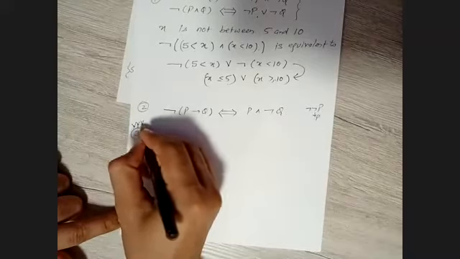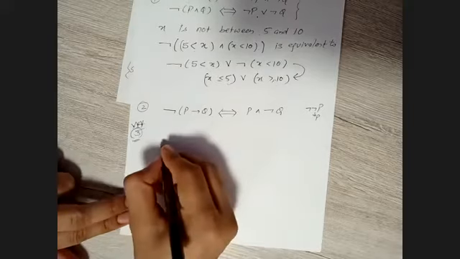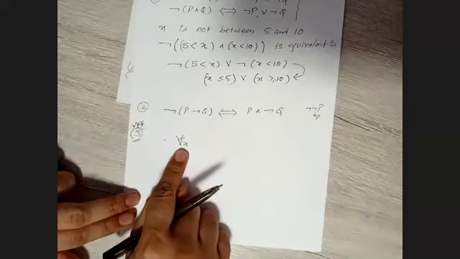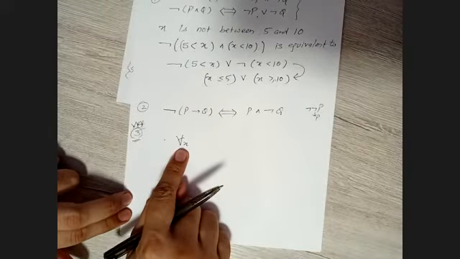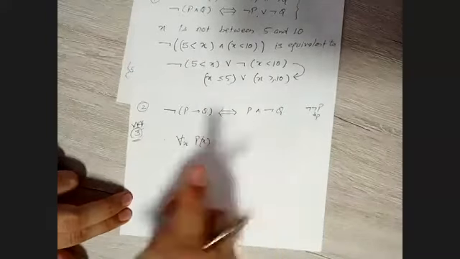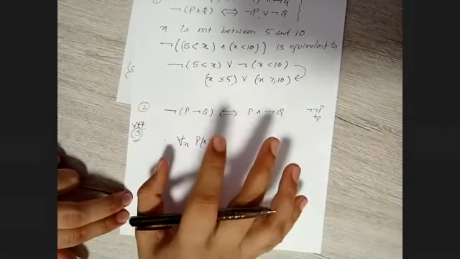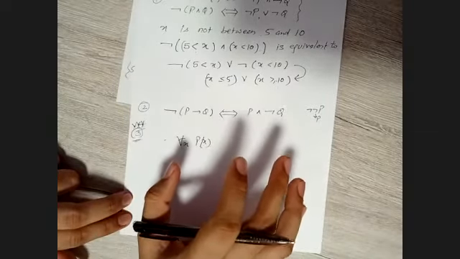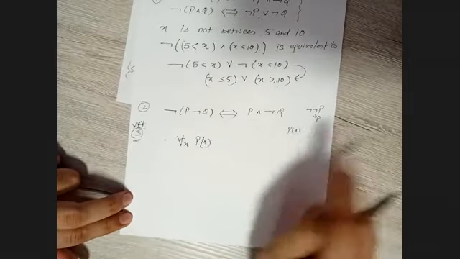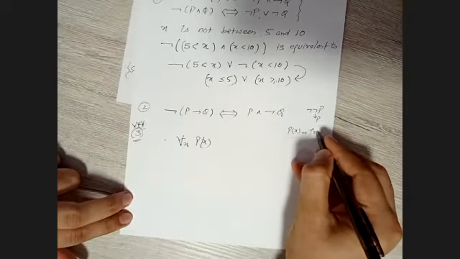This is important, understand the third point. And what's that? I have a situation like this: for all X. Understand now the role of negation with quantifiers. For all X, I'm saying P of X. It means what? Understand one basic thing. If you have knowledge of discrete mathematics and propositional logic, if I'm writing P of X, that's it. It means P of X is true.